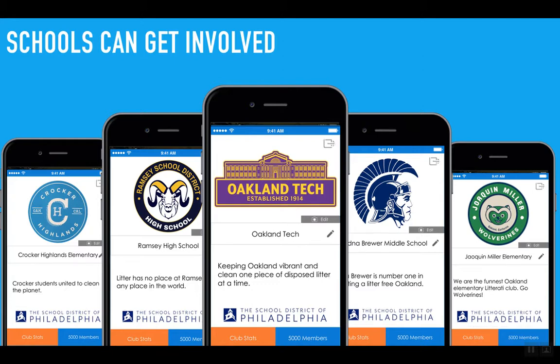and we would have a collection of schools in the Philadelphia School District area that are now active and collecting data and engaging with students. And that's really the purpose, is to learn on an individual level, on a school level, and also on a city level of what's out there, and also what it is that we can do to ultimately reduce litter in that environment.